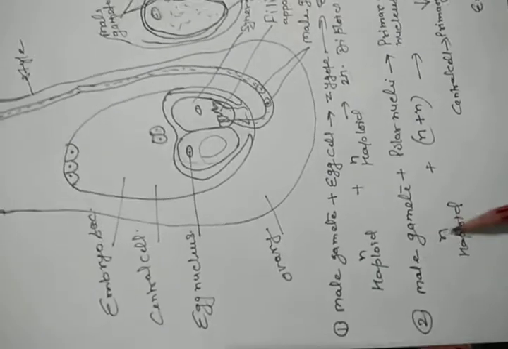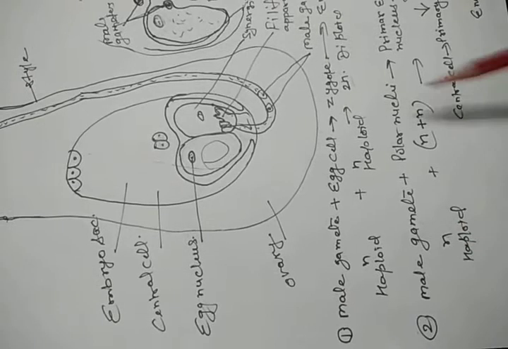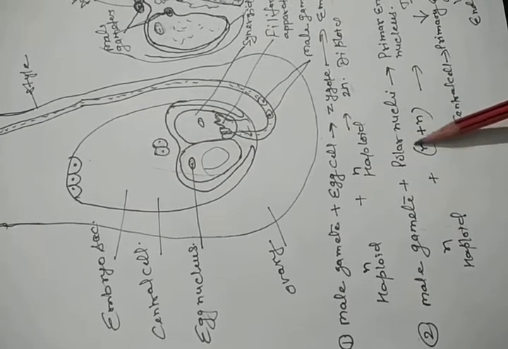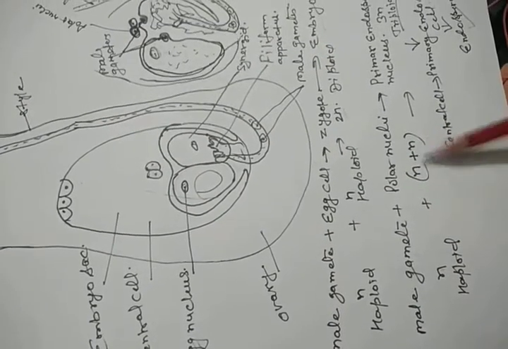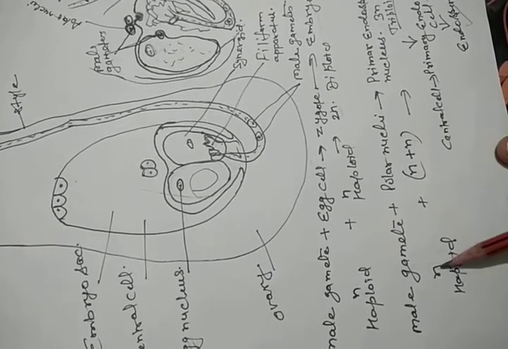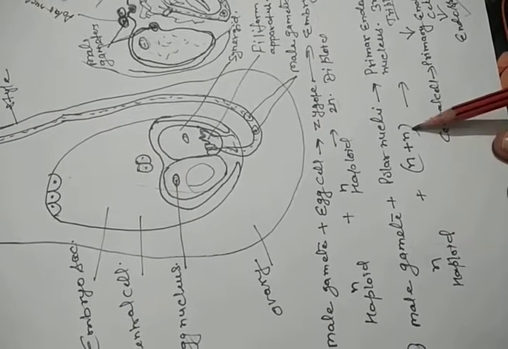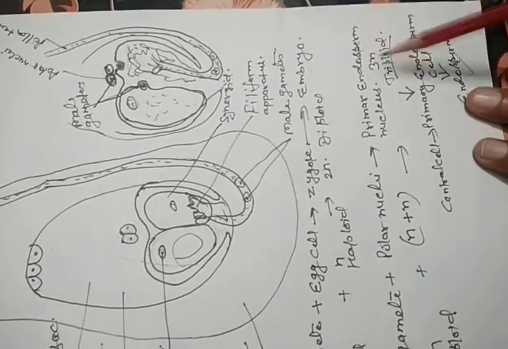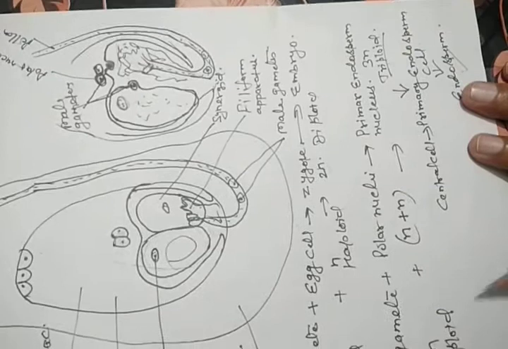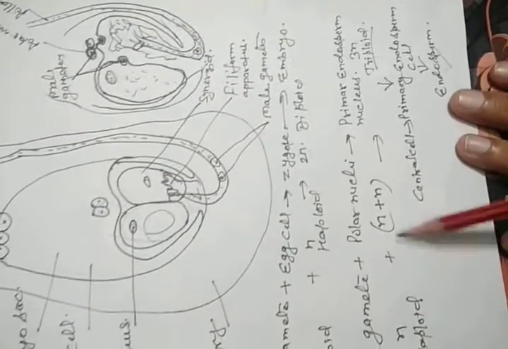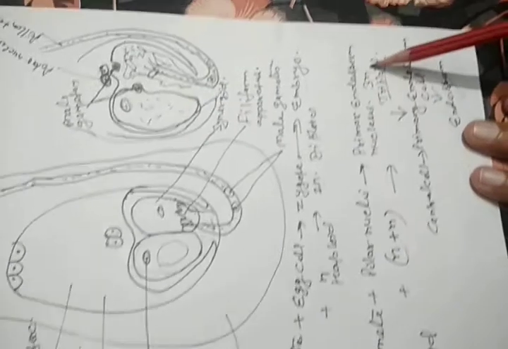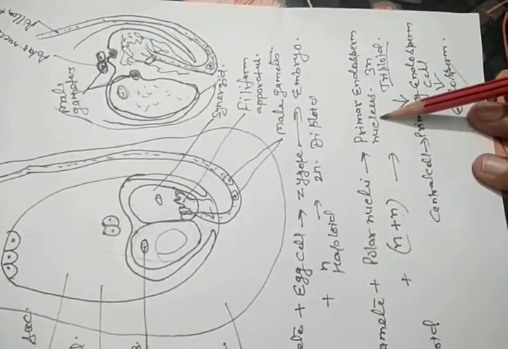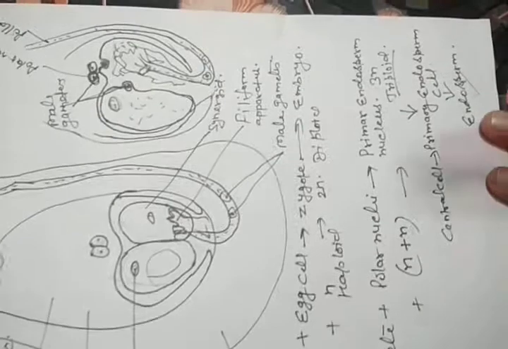So now here in this case we said this is the one male gamete having the haploid number of chromosomes. There are the two polar nuclei, meaning n plus n, two haploid nuclei, and so these three nuclei fuse to form the triploid, meaning the 3n primary endosperm nucleus. So this one is called the triple fusion because three haploid nuclei fuse to form the triploid primary endosperm nucleus.